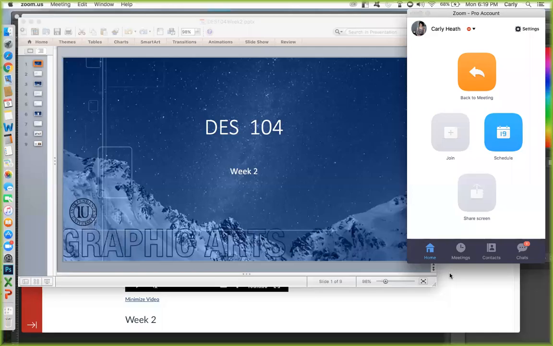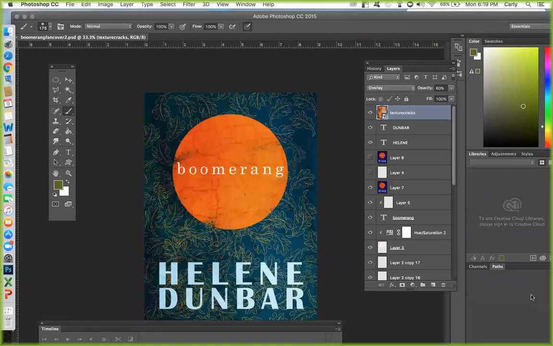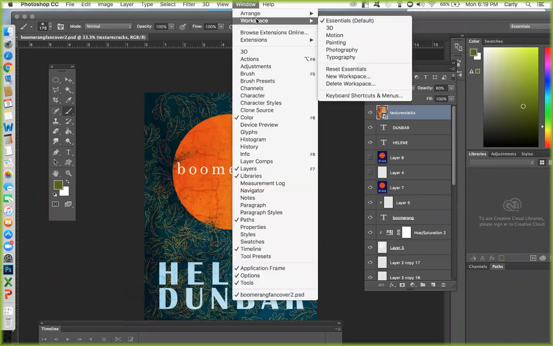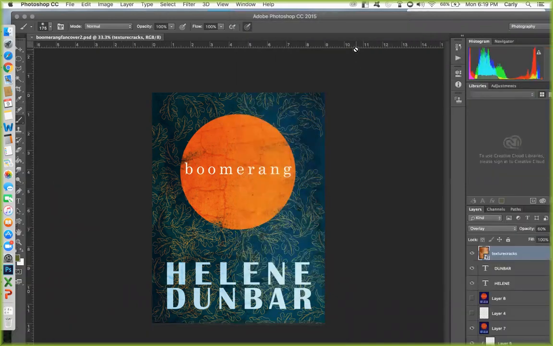Okay, so Tabreen, did you have a question about essentials? I can definitely explain what I meant by going to essentials. Sometimes when you're working in Photoshop, you might be in a different workspace. For instance, if you go to Window and select Photography, then when you are in the photography workspace, chances are some of your usual tools are not going to be showing up. So what you want to do is first reset the essentials so that you have the tools you'll need